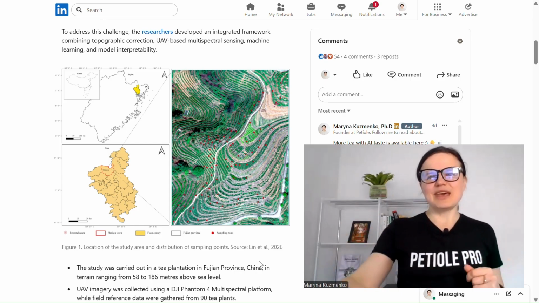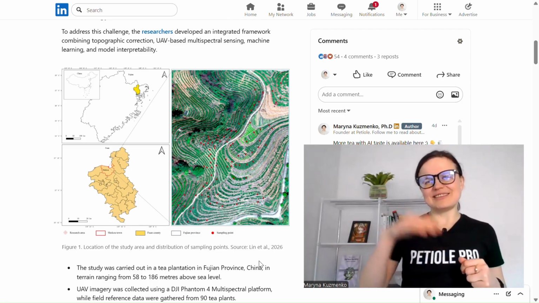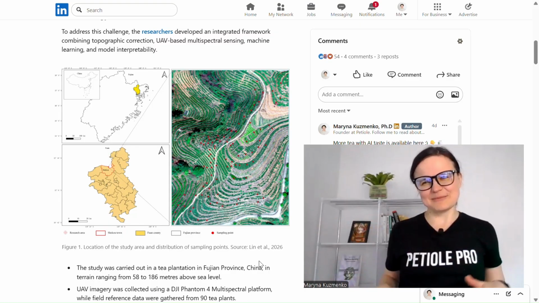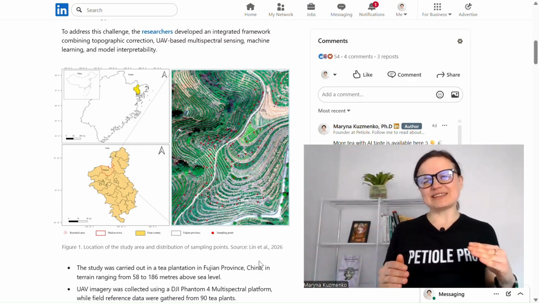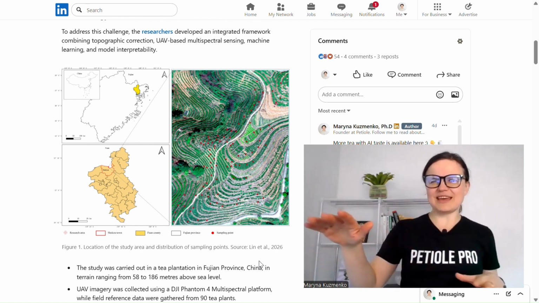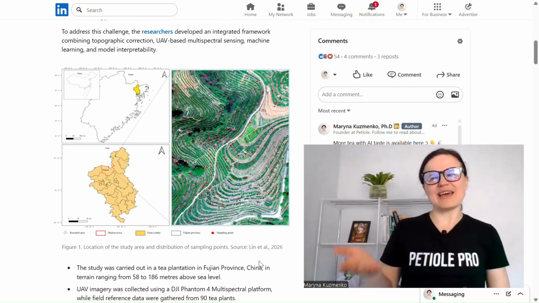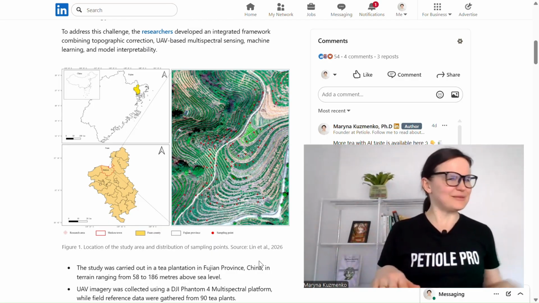At the same time, if we are speaking about monitoring of plant health and using a drone above the plantation, it means that we are taking imagery of the light which is reflected from the canopy,